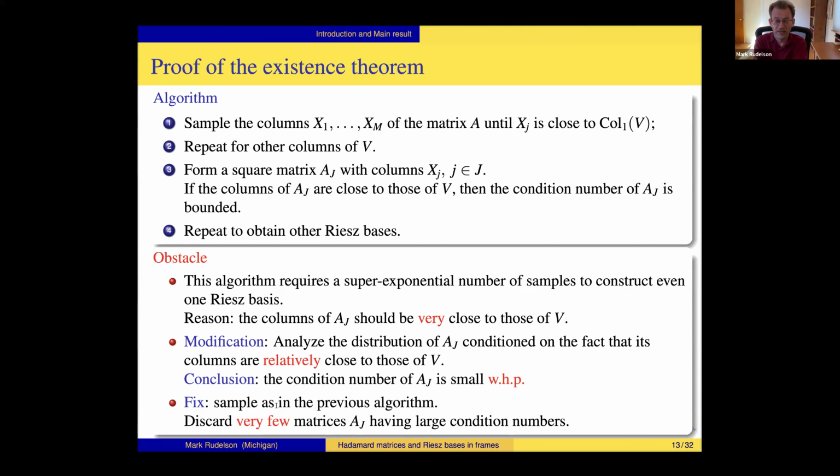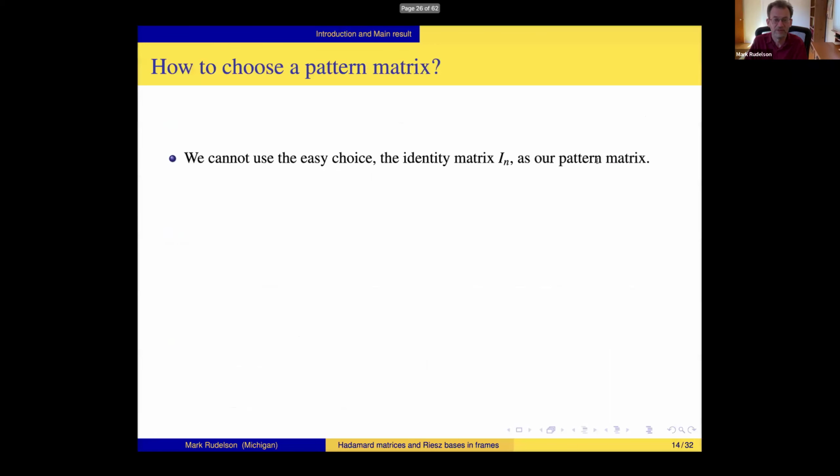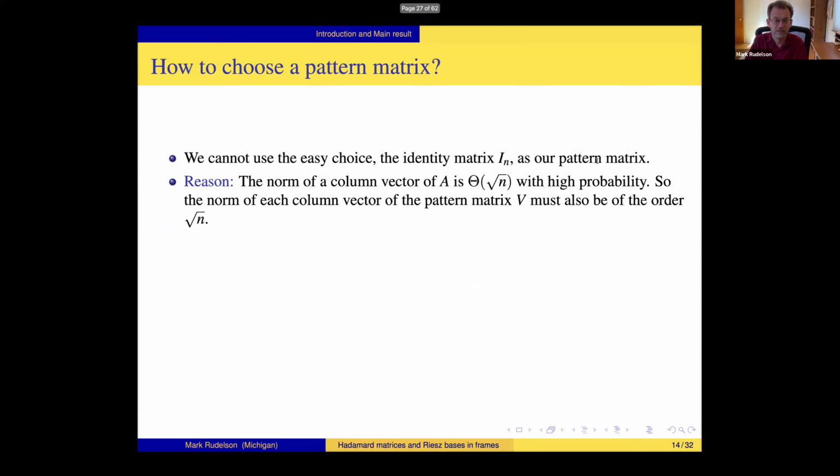We need to look at the columns which are very close to the columns of the pattern matrix. What is this pattern matrix? We need a matrix with a bounded condition number, with a good condition number. The best matrix we can think of is the identity matrix. Its condition number is 1. But this, of course, wouldn't work because